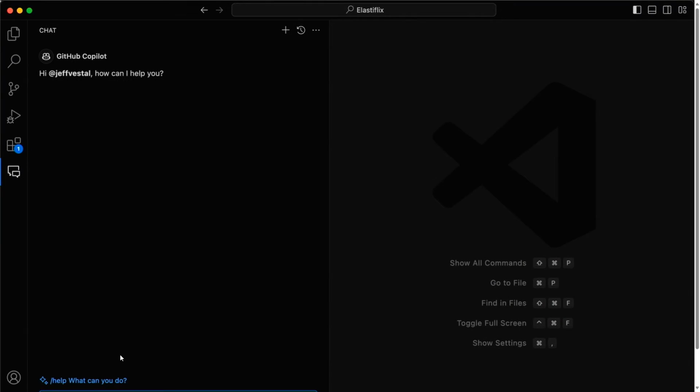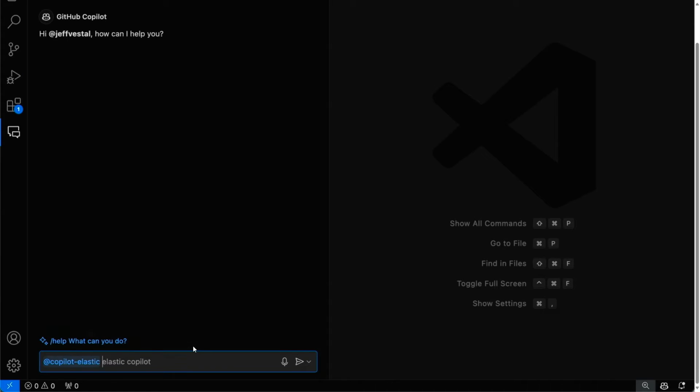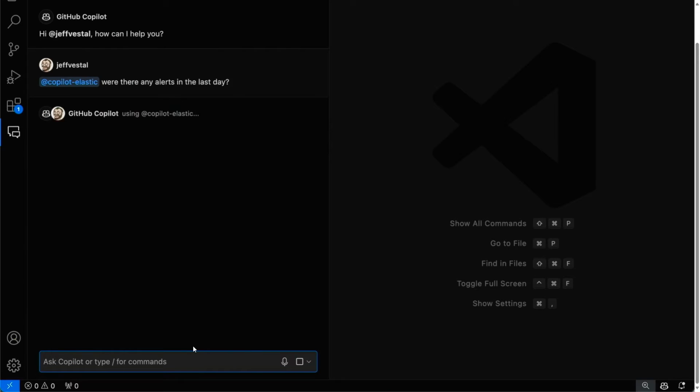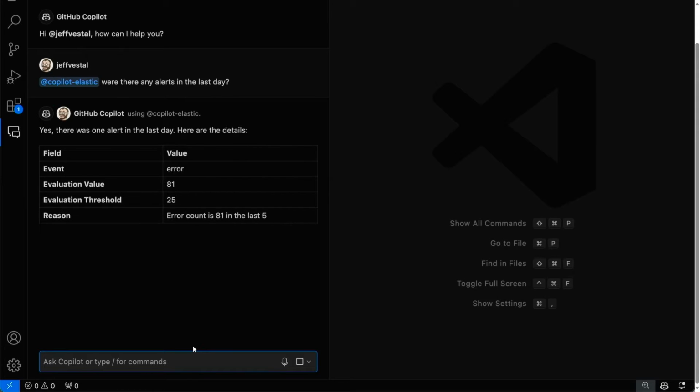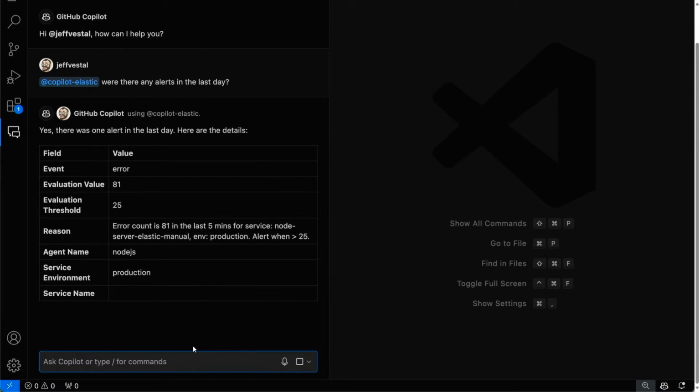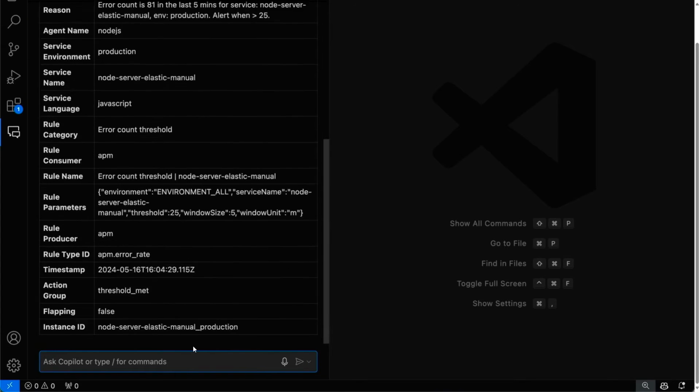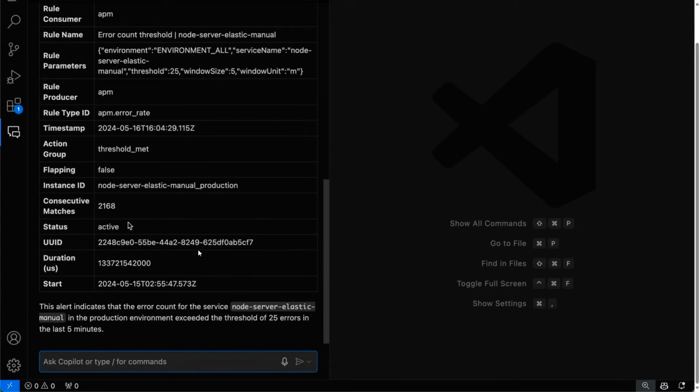Anyways, I'm going to ask the same question to get started. And now you'll have an agent where you can actually just talk to Copilot Elastic, right? Yeah, so the Copilot Elastic is my agent, and I'm going to ask that same question. It's very simple: it calls back to GitHub, GitHub calls my observability Elastic cluster in this case, and we get a really nice answer. It's pumping all that information right into your editor.